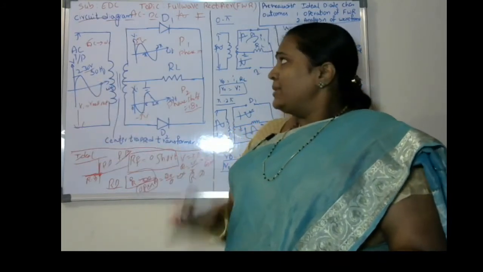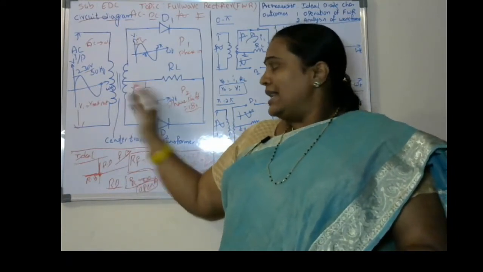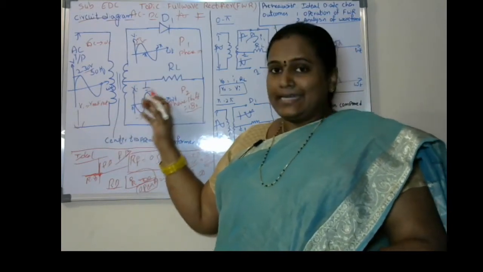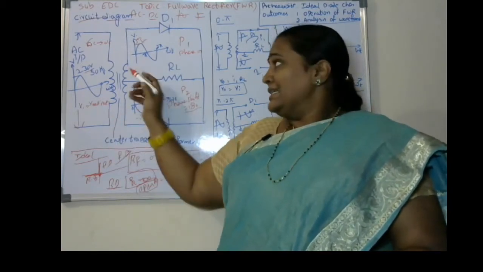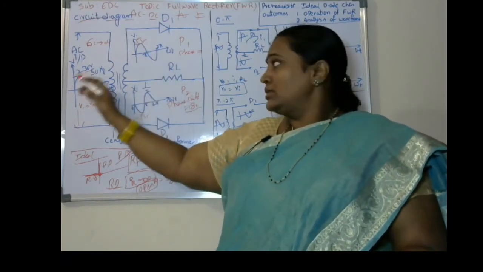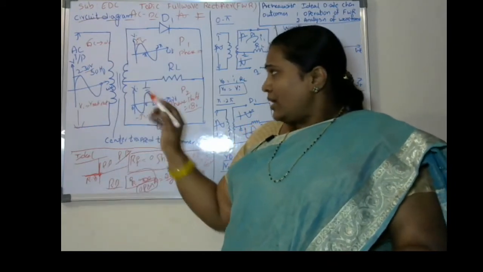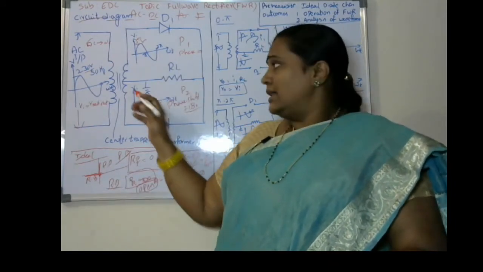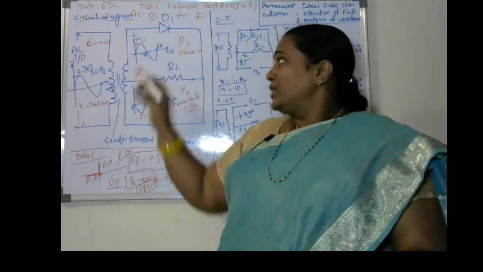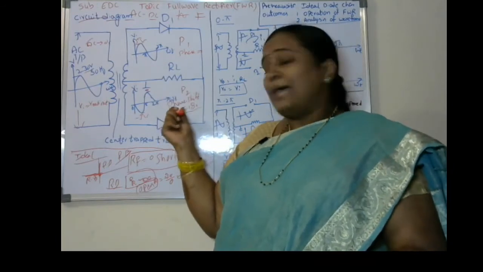So we have to remember mainly, with respect to the center tapped transformer, that the center has been grounded. That's why it is called a center tapped transformer, and it is a step down transformer, so the voltage is going to be reduced from 230 volts to 5 volts. Since the center has been grounded, it will have two parts: one is part 1 and the second one is part 2.